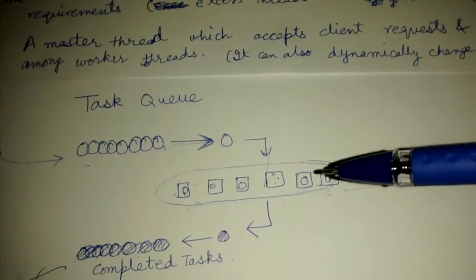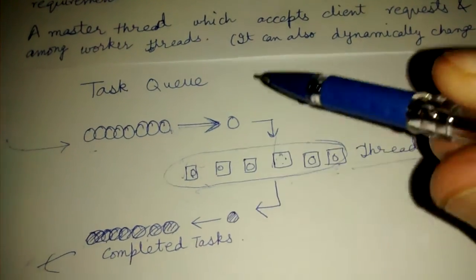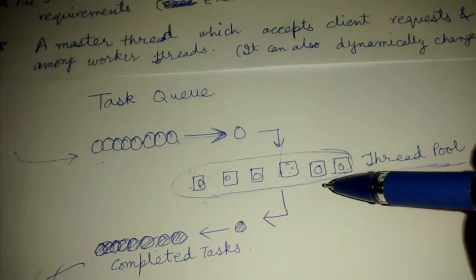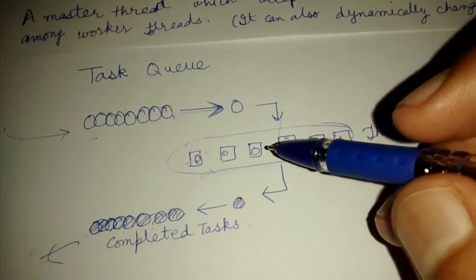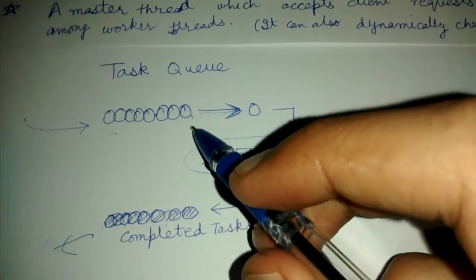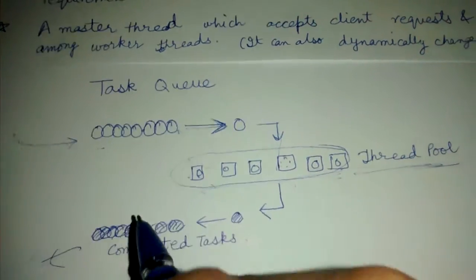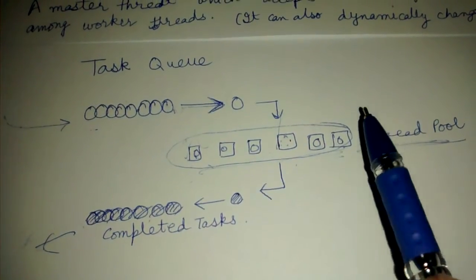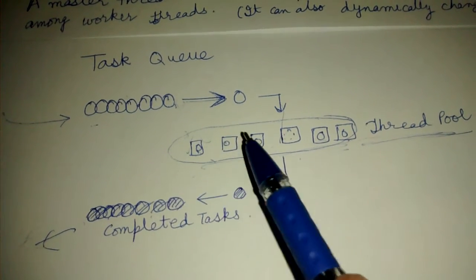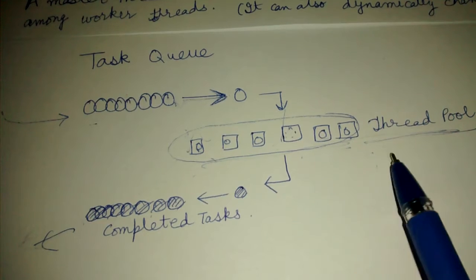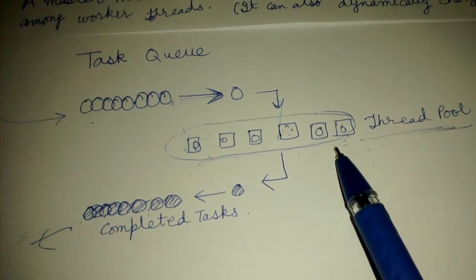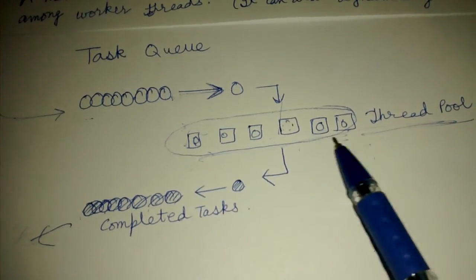So what is the major benefit? We can concurrently execute a lot of tasks in various threads. But now you can say we can do one more thing. Whenever client sends a request, we execute it in a single thread, so we do not create multiple threads. That way our response time will be very high, that is, the speed of giving response will be very low. So that way we will not be able to handle a large amount of traffic. So that's why we must create these threads.